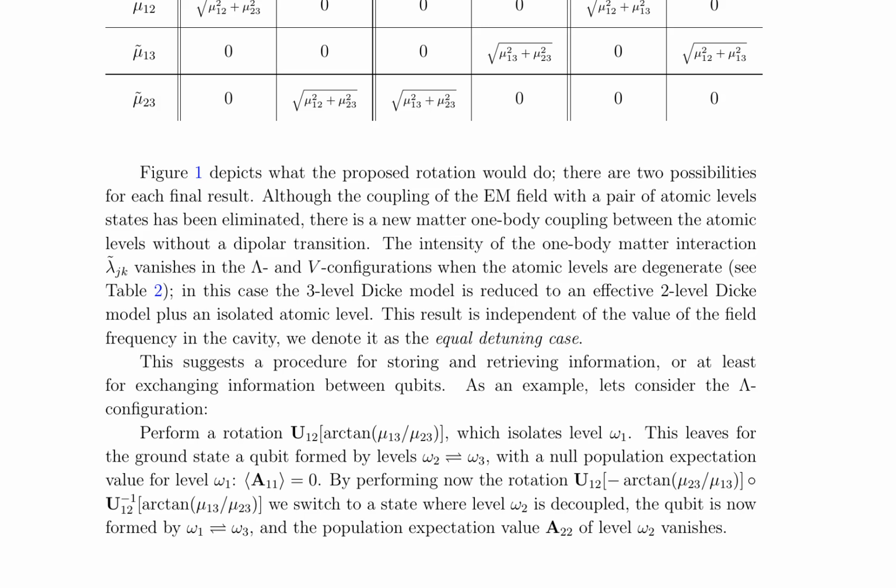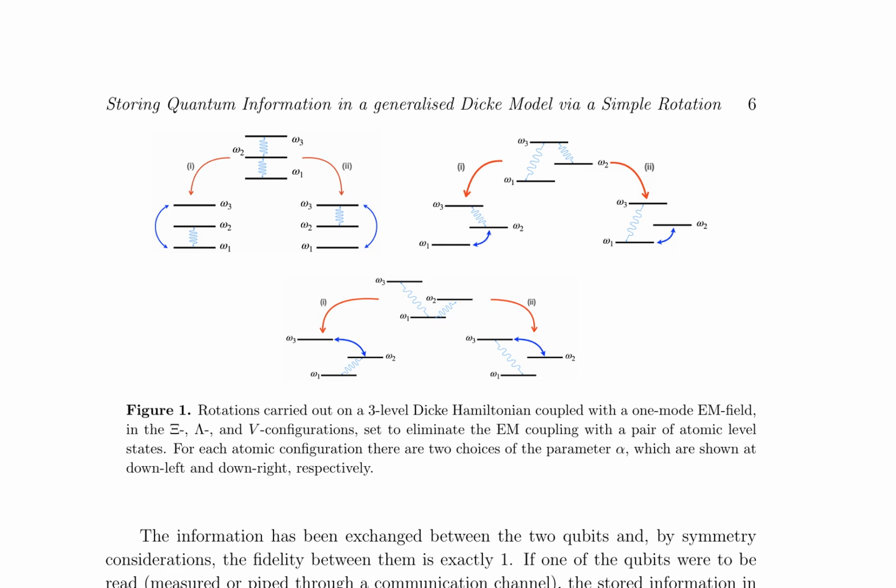The process is demonstrated in the Lambda configuration, where rotations isolate specific atomic levels, enabling the exchange of information between qubits. The fidelity between the qubits is exactly 1, ensuring that information stored in one qubit can be retrieved by the other. This method can also be applied to the V configuration, but not in the Xi configuration due to